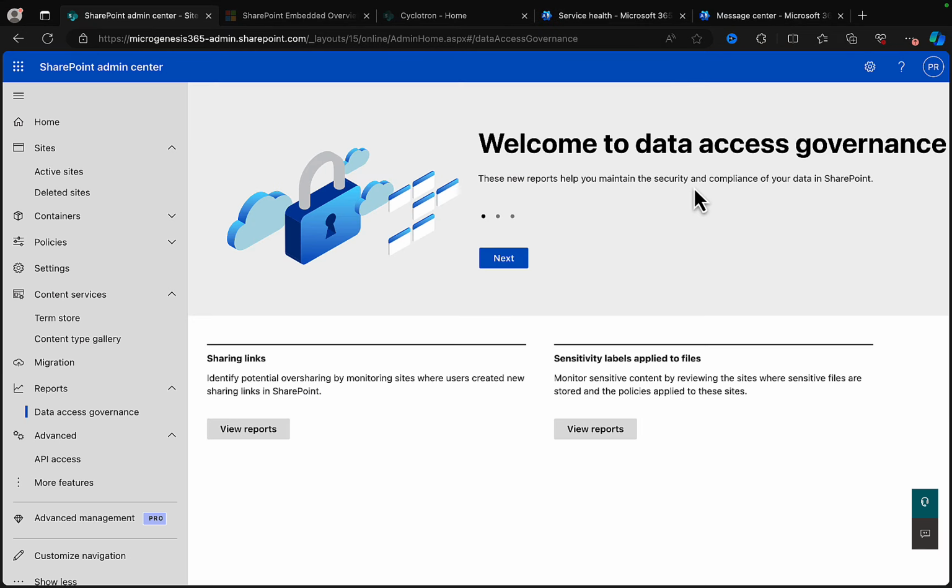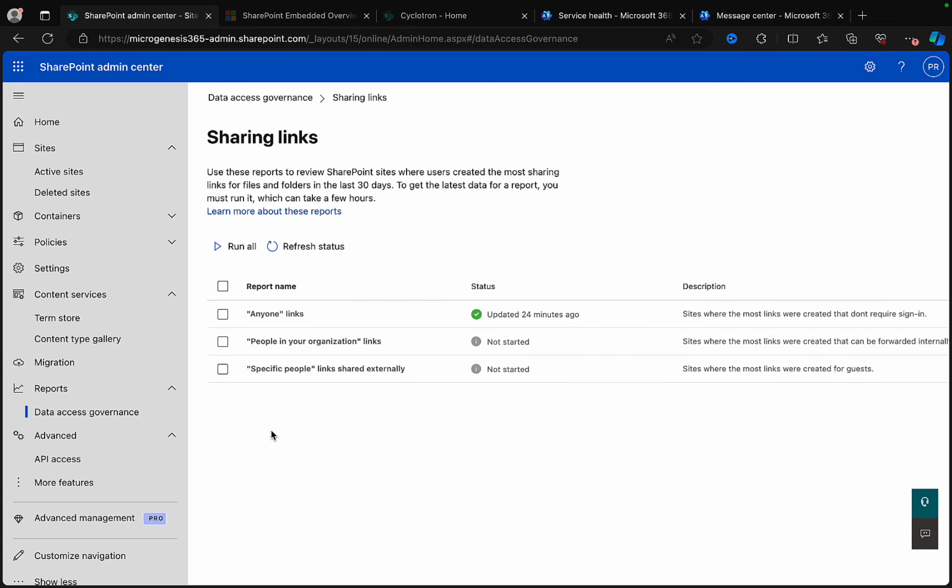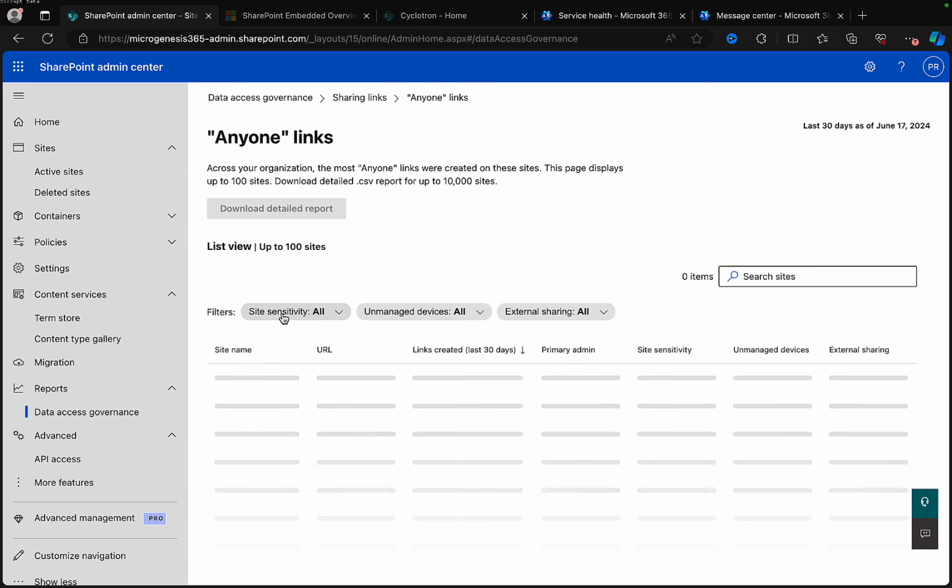Under Reports and Data Access Governance, you can view reports for sharing links and also sensitivity labels applied to files. Really cool stuff indeed. If you click on to view reports, you can see the type of reports available to you, and you can run these reports by selecting them and then running them. Quite easy to do. I had one that I set off earlier, which is the anyone link. So you'll recognize these are the sharing with anyone, the people in your organization or specific people links shared externally. So anyone links, if I click onto there, I can see a report